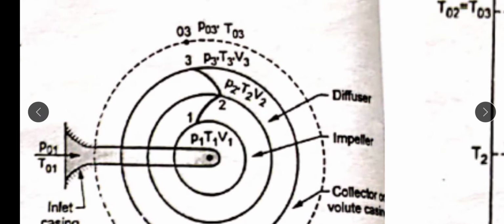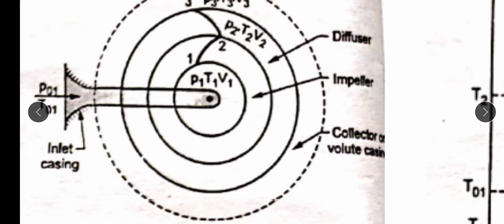In that collector the velocity of air is again negligible compared to the diffuser and impeller section. So the properties at the 03 section are the stagnation properties again. We can say P01 is the initial pressure and P03 is the delivery pressure, from which we do some application. Suppose I have to compress air to drive some tool in a workshop, meaning compressed air tools, or pneumatic tools. Then we can use that pressure, P03.